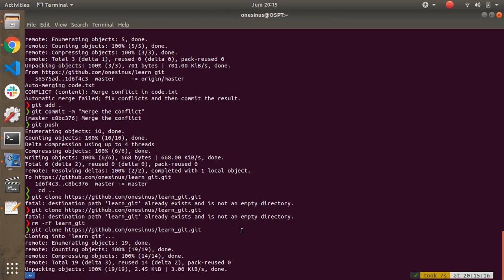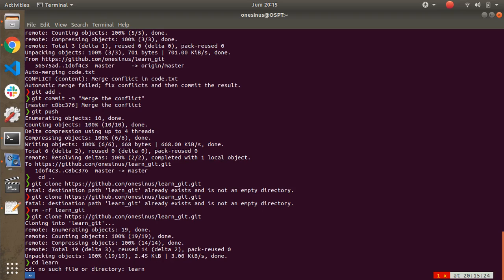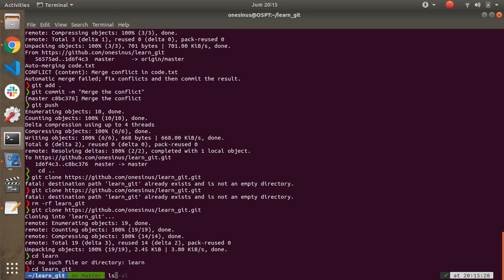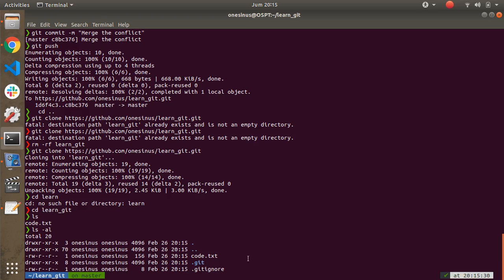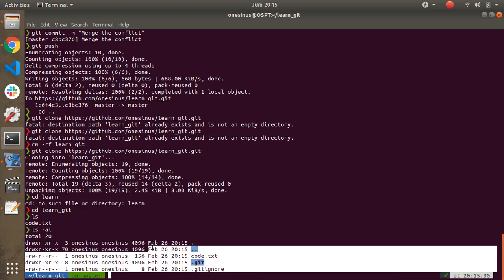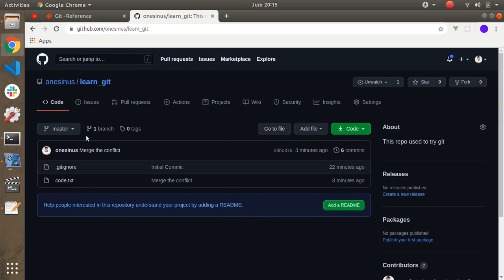That's how we get code from the repository for the first time. And if we change directory to learn Git, we will see the same code, the same files, the same directory as our repository.